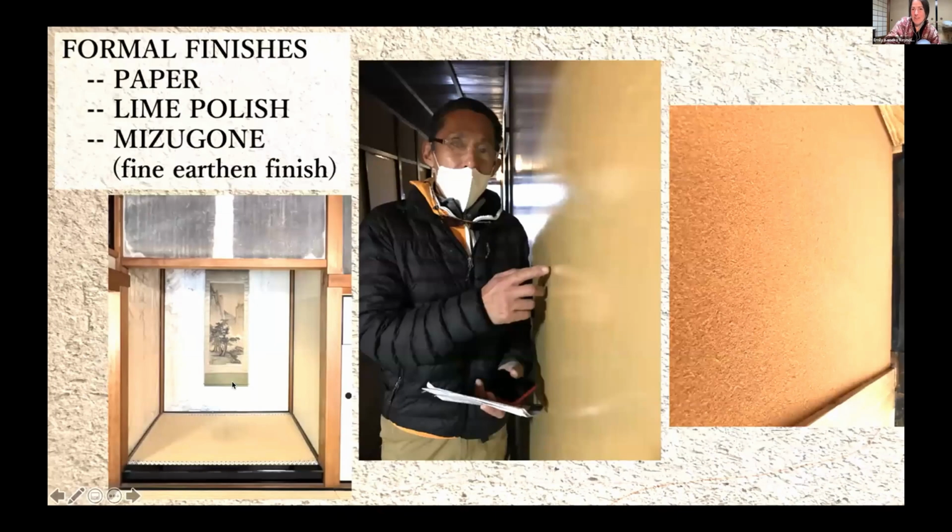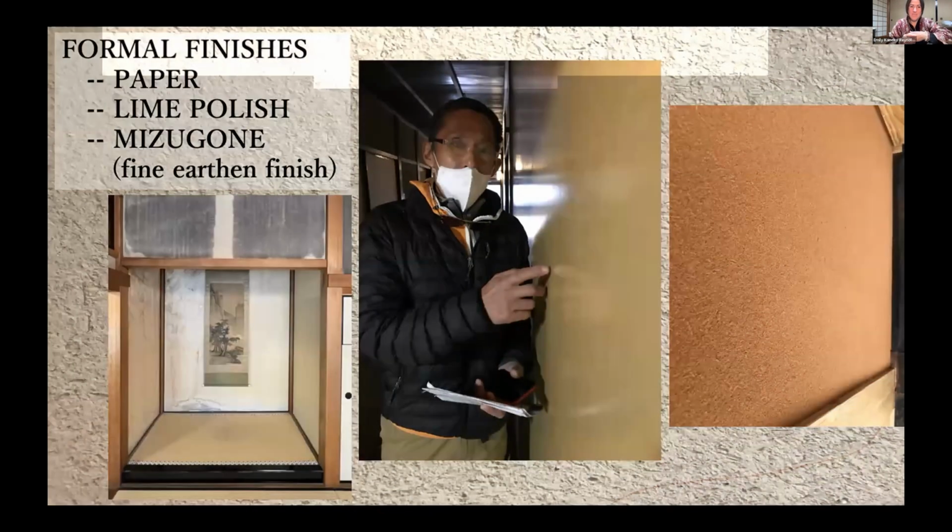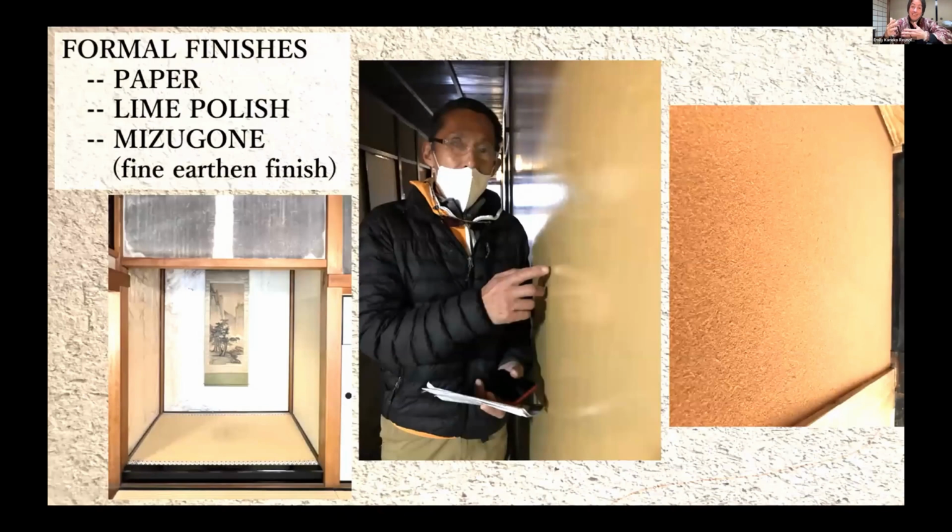Some examples of these formal finishes. In fact, paper is considered the highest class of formality. So you would have an earthen wall, like a center layer. What's interesting with the paper bit, this is mulberry paper because in old Japan that was what there was. The skin of the wall behind it over time reveals itself within the paper. If you go into these old tea houses or old formal rooms, you'll see this has a lot of water damage, and so maybe the paper is kind of,